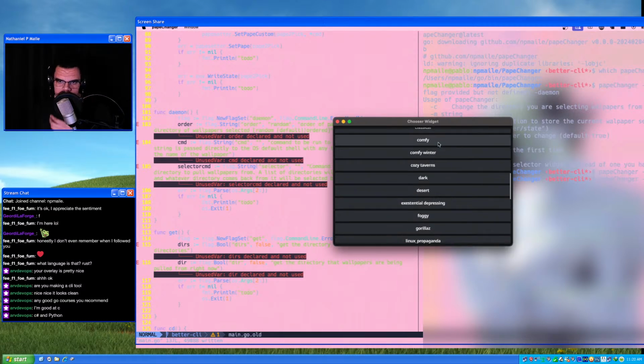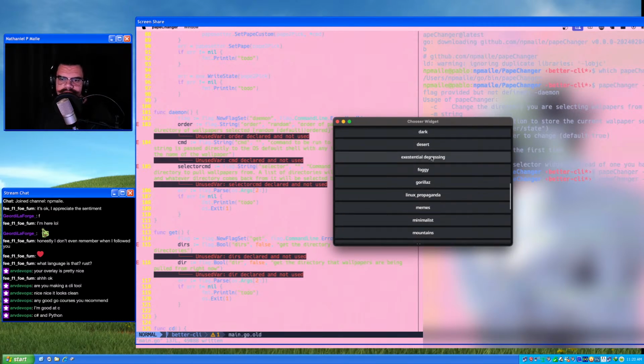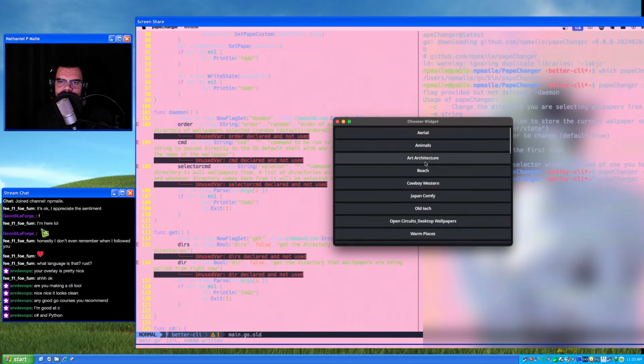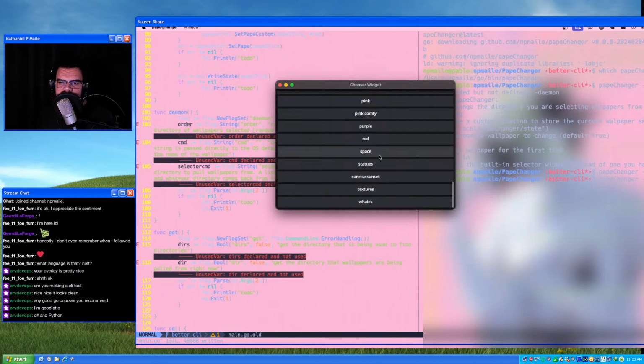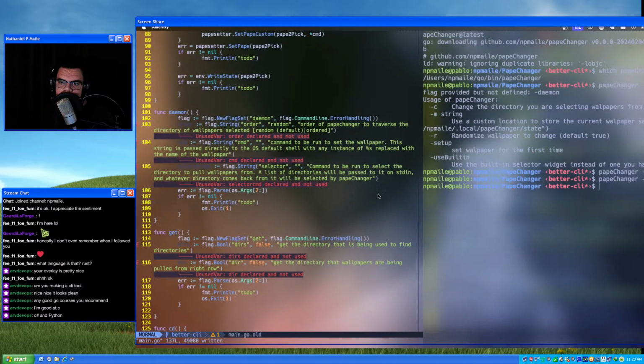It'll use the built-in. There we go. So it'll create a chooser widget with this thing on it, which is perfectly acceptable.